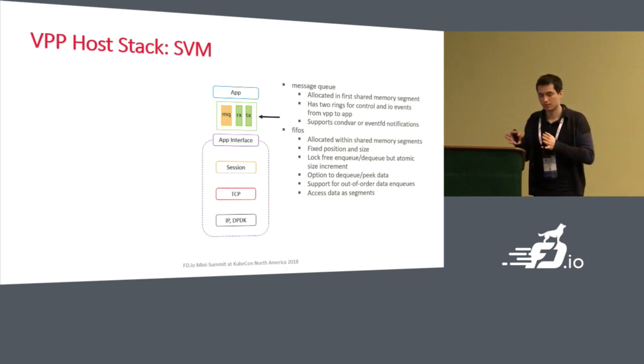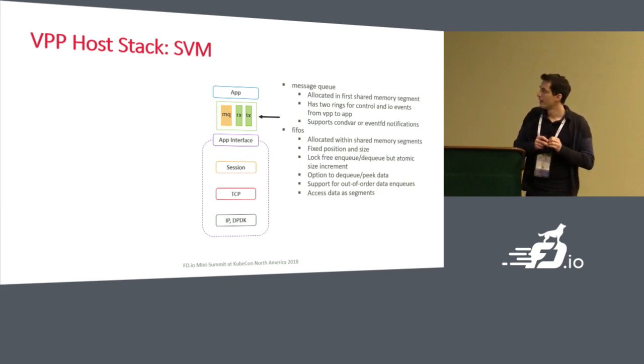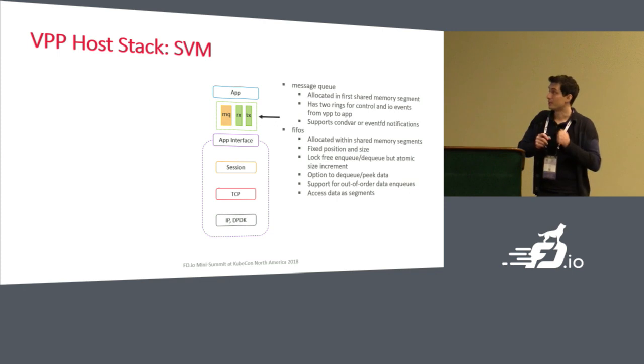However, they are only single ringed, and we've used them previously only for I/O events, and we've been using the binary API for control events. Since we've switched to message queues, now we've transitioned most of the control messaging from the binary API to the message queues. And finally, since we have the message queues, we now have the option to wait for events on